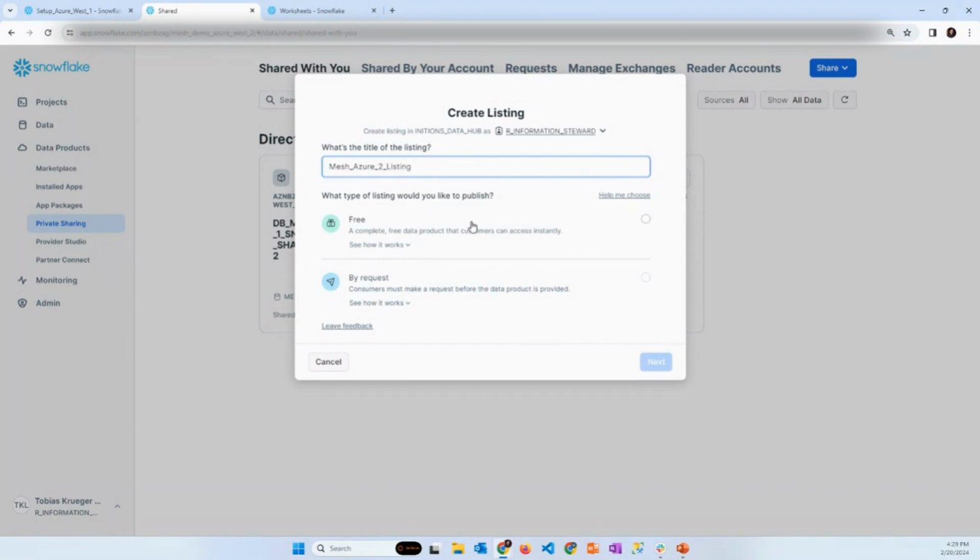Now we can choose whether we want a free listing, where, like for the direct share, everyone who sees it can just consume it without asking for any permissions. Or we can say you need to request it first, so that you can only get the data if someone, maybe a data steward, approves it. If we go back to the enterprise context, division B can get this data from our division A. But for this demo, we will stick with the free plan.